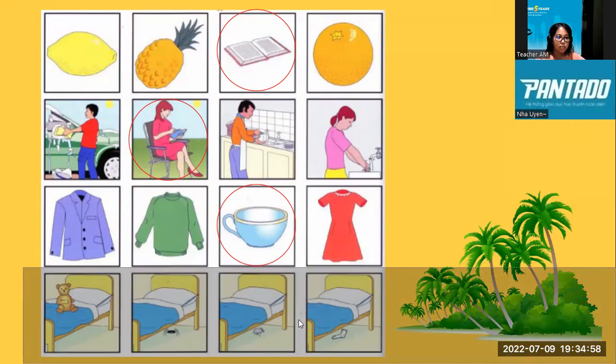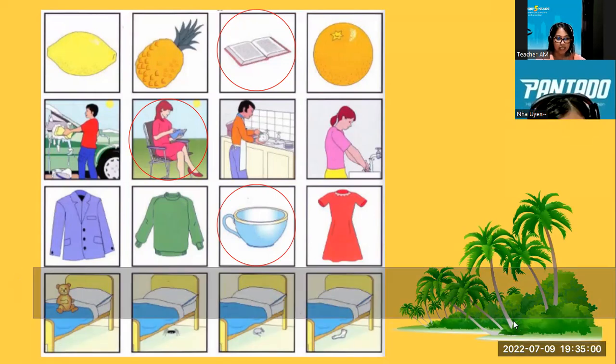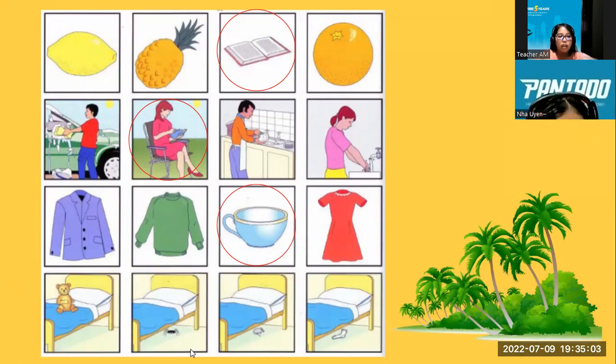Which picture is different? What can you see on or under the bed? I can see the bear on the bed, the spider under the bed, the mouse under the bed, and the sock under the bed. So which picture is different, Uyen? The teddy bear on the bed, because pictures number 2, 3, and 4 are